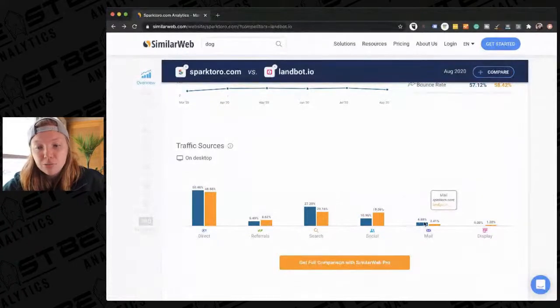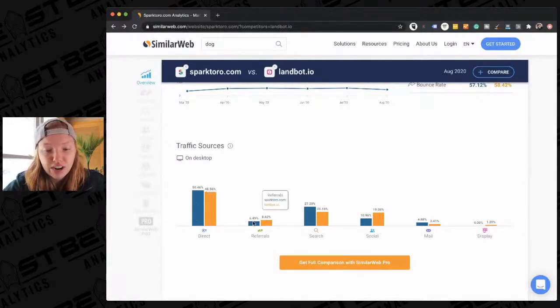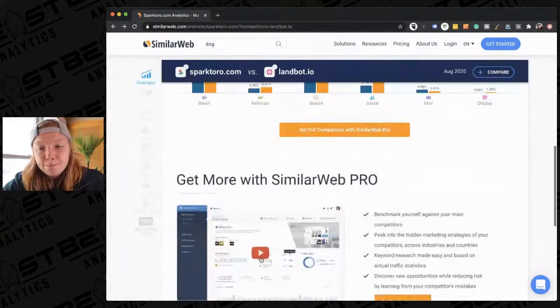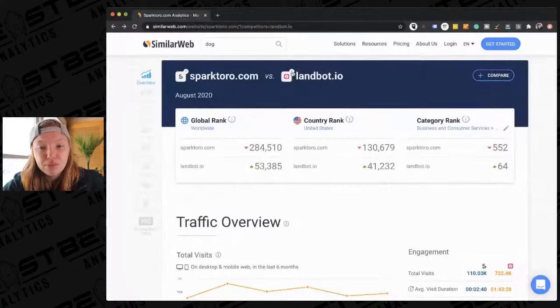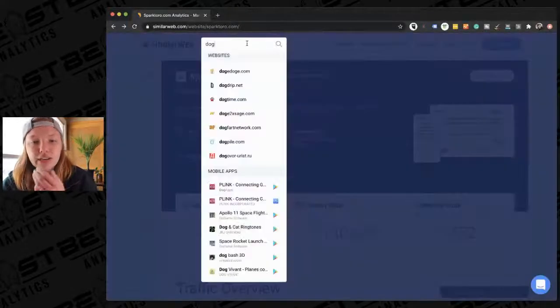So you can see SparkToro does a lot better job of using their email list, and they do a better job at search and direct traffic. And that's, I guess, all we get for the free plan here. Let's look at